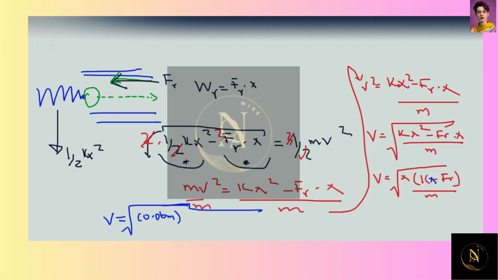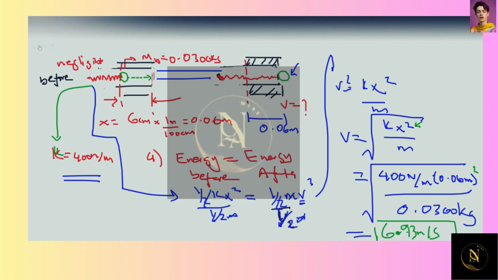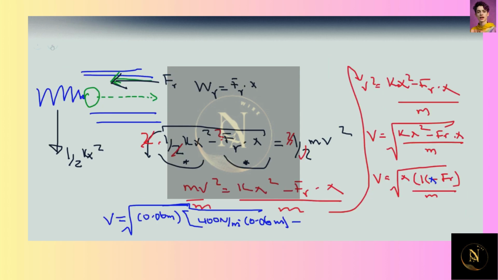Don't forget the kx. k happens to be 400 newtons per meter, times x, which is 0.06 meters, minus the force. If you go back, you see that there's a resisting force that's stopping the ball from going outside, and we need to include that resisting force, which happens to be